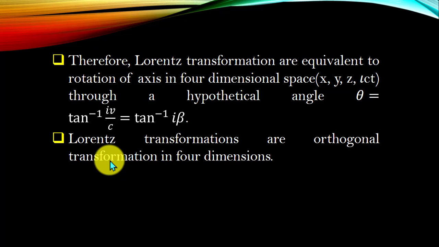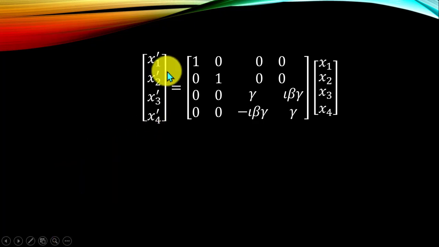In 3-dimensional space you used to represent a transformation equation. So in 4-dimensional space also we will have a transformation equation. In 4-dimensional space this transformation equation will be x1 prime, x2 prime, x3 prime, x4 prime. This is the transformation equation for the 4-dimensional space, which consists of 4 coordinates x1, x2, x3 and x4. And if we have to find the coordinates of the particle in another frame of reference which is moving with velocity v, then its coordinates will be given by this transformation equation.